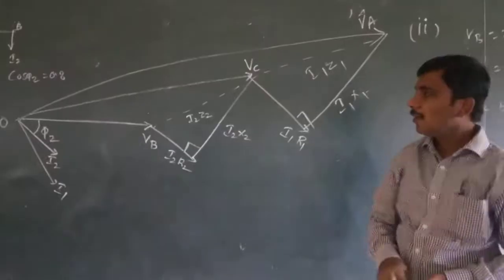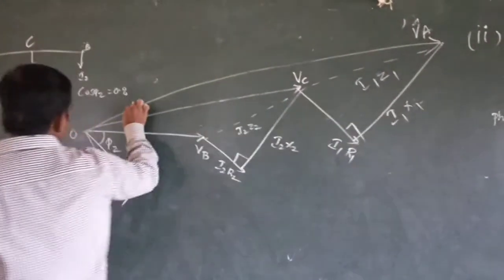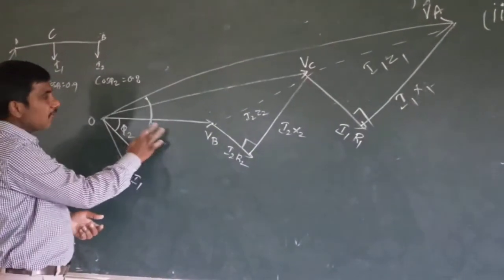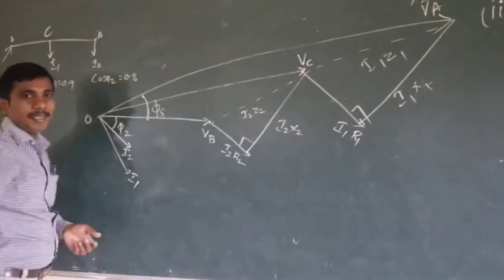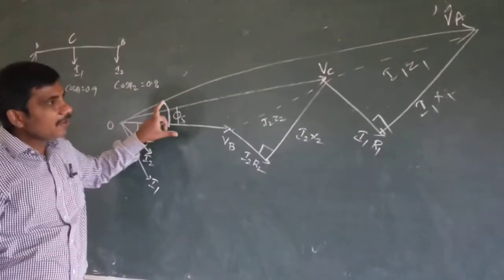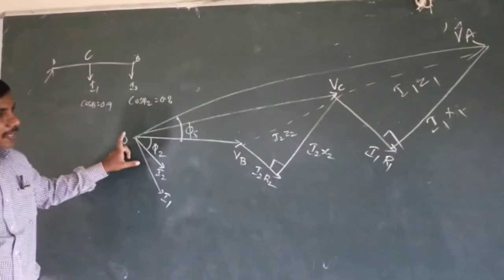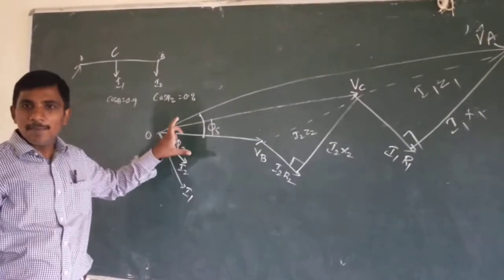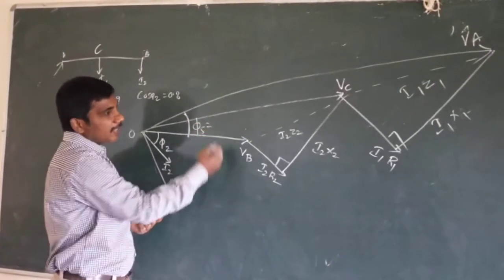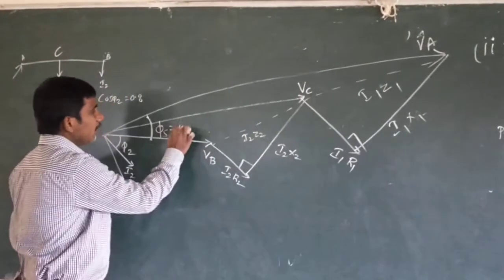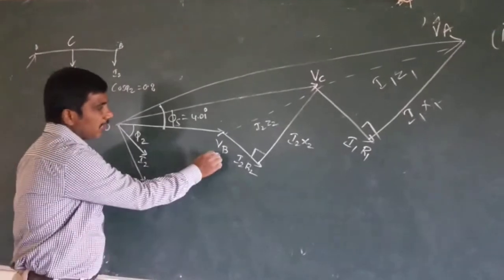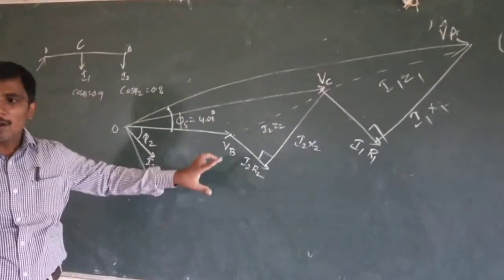Now this is the phase angle we calculated previously. This is the sending end voltage, this is the receiving end voltage, and this is the phase angle phi s. This is the way we have to draw the phasor diagram. Whatever the problem gives, we have to draw the phasor diagram clearly, mentioning the values also, which is important. Phi s is 4.01 degrees. Similarly, we can represent 230, but there is no need since all the values are in the problem.